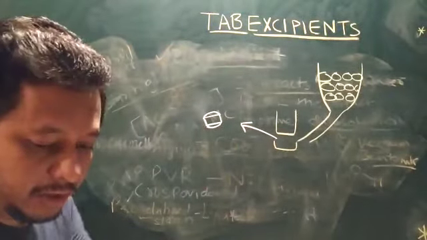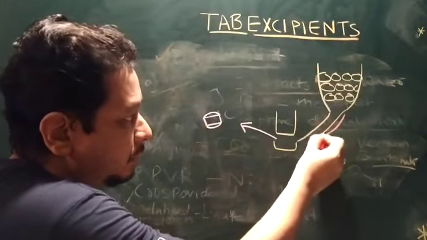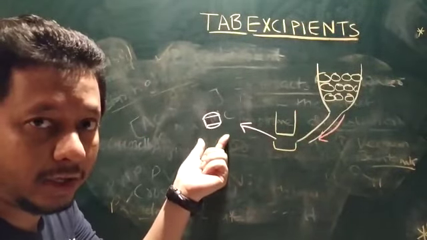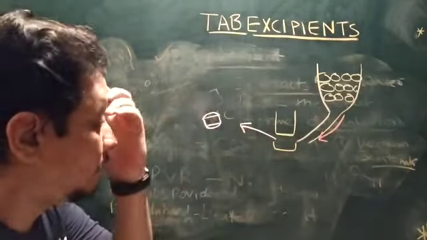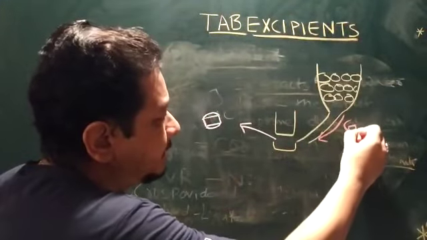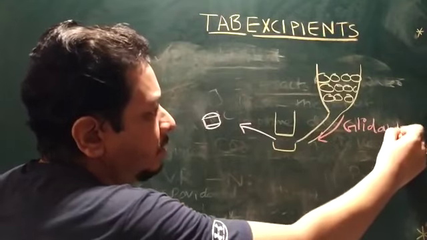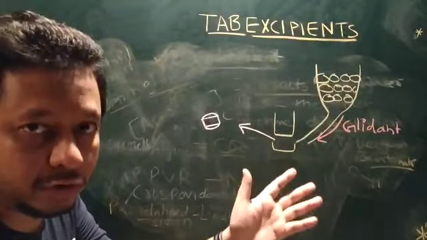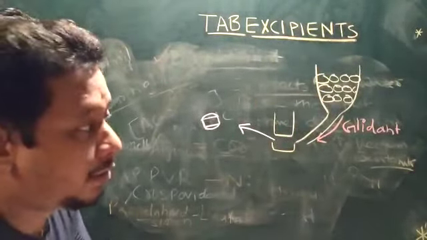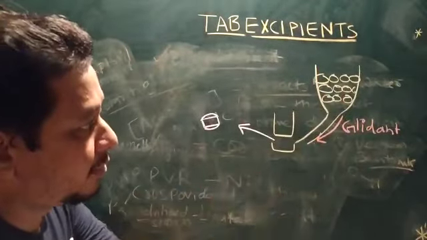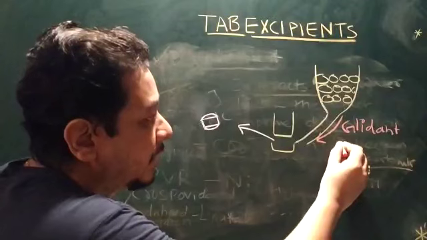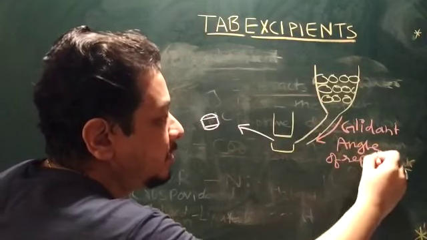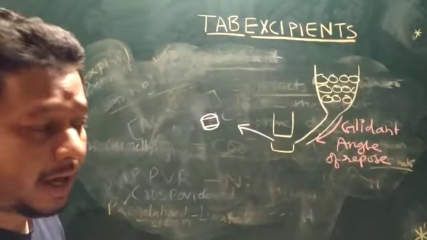Now the first important thing is the flow property of granules. If the granule flow is not uniform, there is weight variation in tablets. So it is very important to maintain uniform granule flow with the help of the excipient glidant. Glidants reduce the interparticular frictional force. Again, you can refer to our videos on intermolecular forces. Those frictional forces can be reduced, and glidant can also improve the angle of repose, which I will discuss in my pre-formulation video.